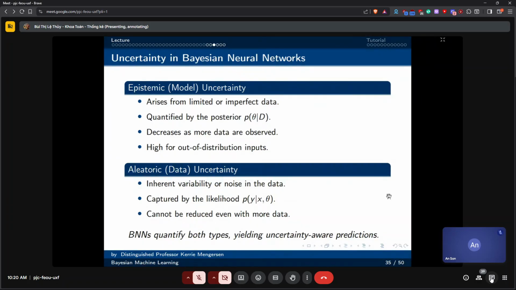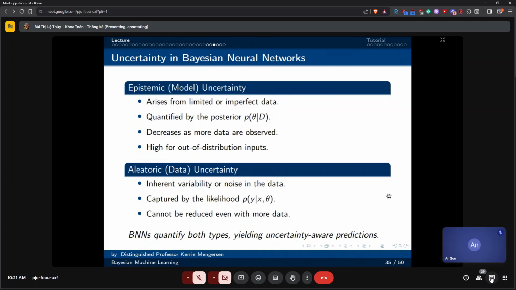So there's some variability in the data that we capture, but it doesn't decrease just because we get more data. What does decrease is that we use all of that data to give us better estimates of the theta. So we have model uncertainty and we have data uncertainty.